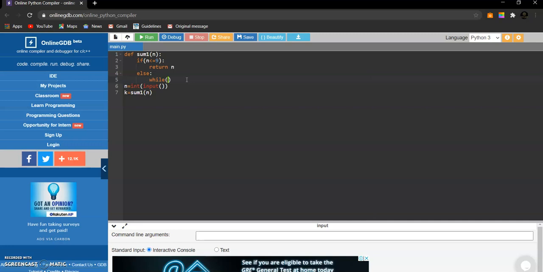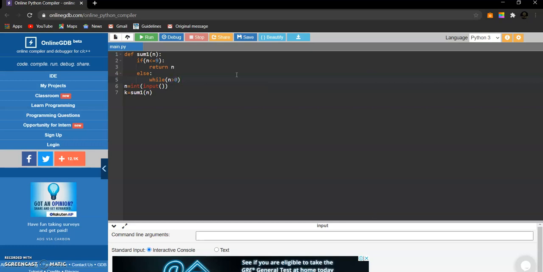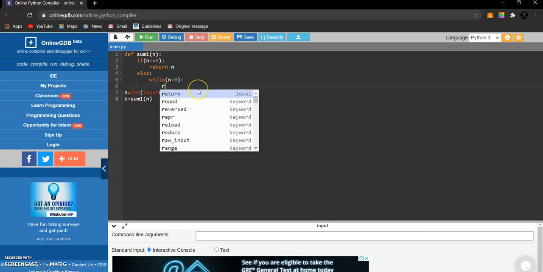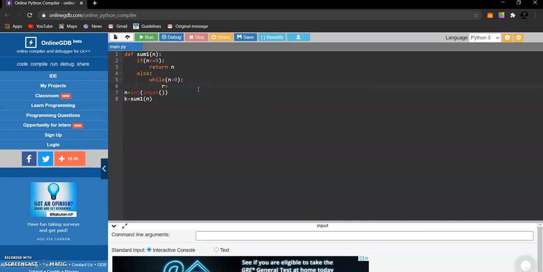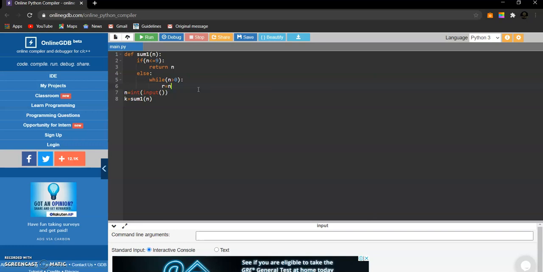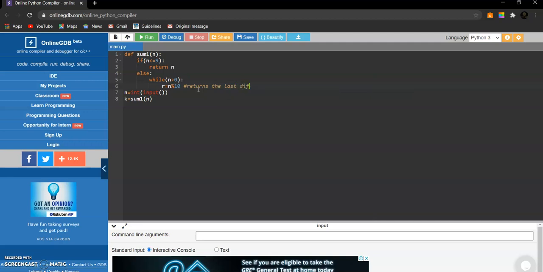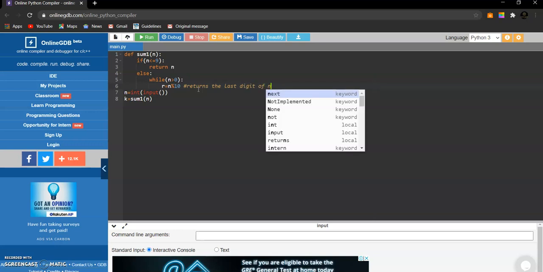In order to perform sum of digits, we'll loop until the present n value is greater than 0, and we'll take each digit of the number by performing modular division on the number by 10. It returns the last digit of n.